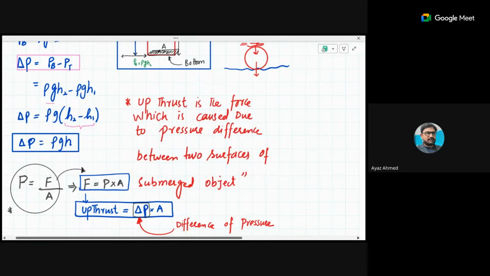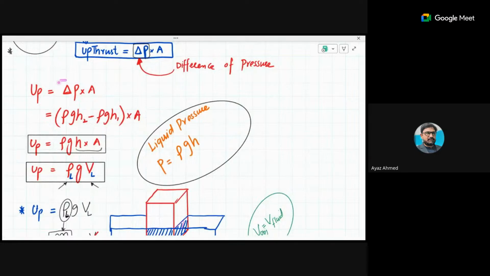Upthrust is the force which is due to difference of pressure. So this is the definition. You have to write this definition in an exam: upthrust is the force that is caused due to the difference of pressure between two surfaces of a submerged object or submerged body. So if I simply say that upthrust is equal to delta P into A,